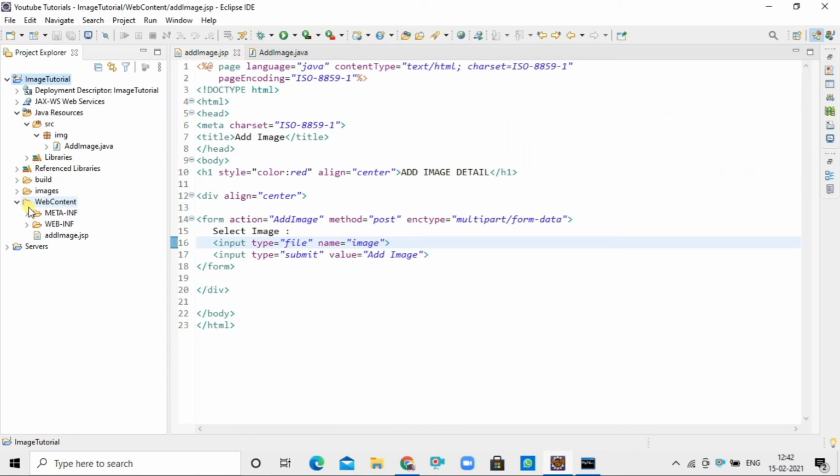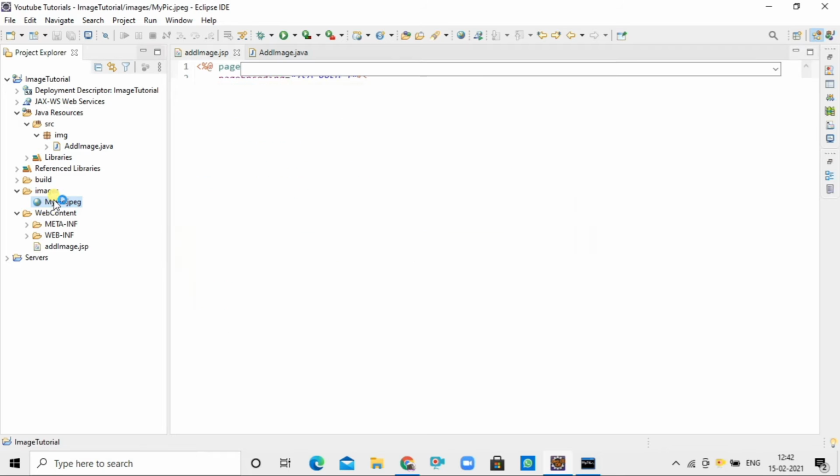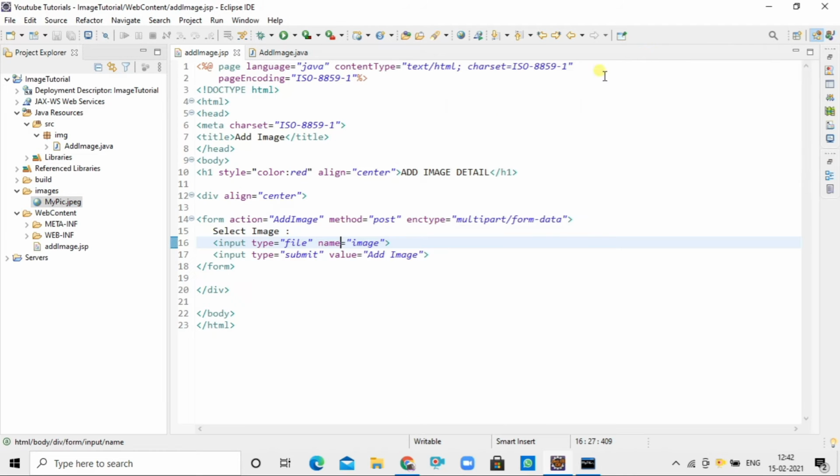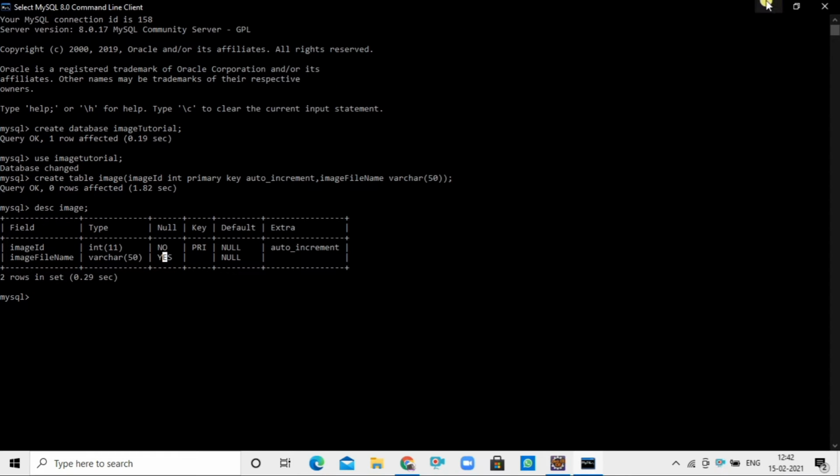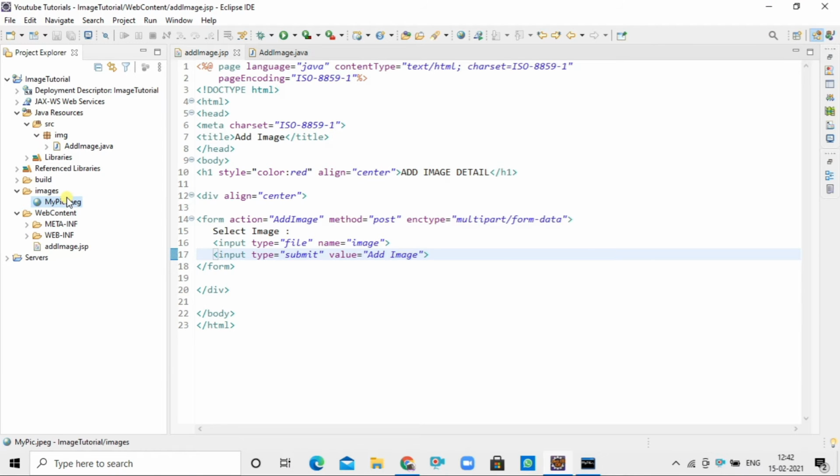Refresh the project. We can see the image got uploaded here, but we also have to upload the image file name into the database. As of now, I am deleting the image from the images folder.